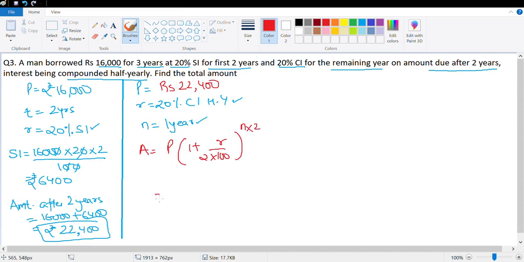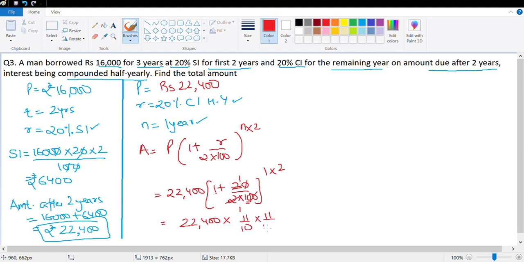Let's substitute values. Principal is 22,400. 1 plus r, which is 20 upon 2 into 100. The time is 1 multiplied with 2. So this 0 and this 0 gets cancelled. 2 ones are 2, 2 ones are 2. So what we have is 22,400 multiplied with, in the denominator I have 10, 10 into 1, 10 plus 1, 11. So 11 upon 10 multiplied with 11 upon 10. So these two zeros get cancelled. Therefore, what we have is